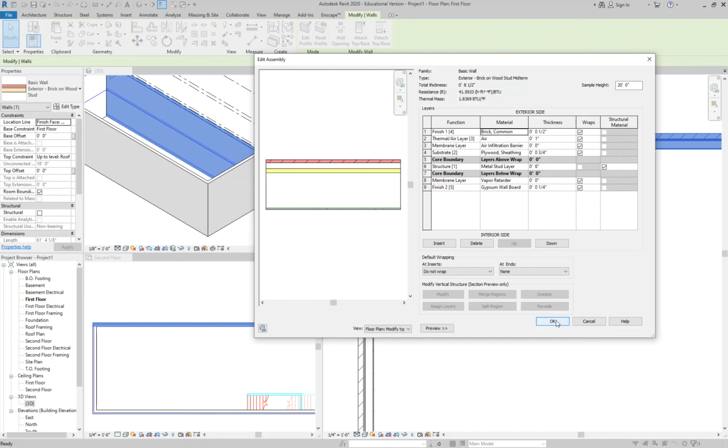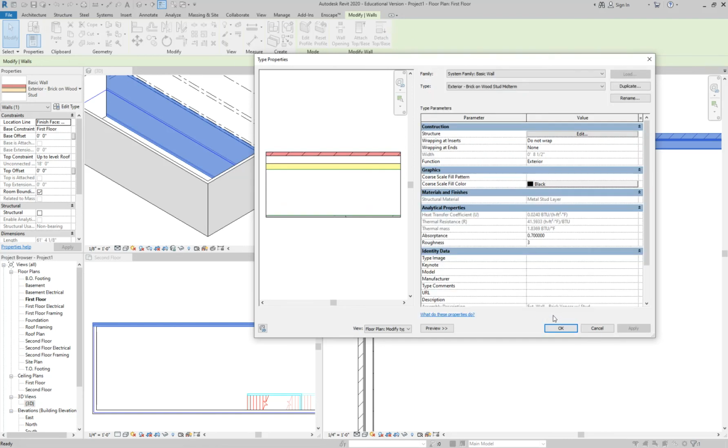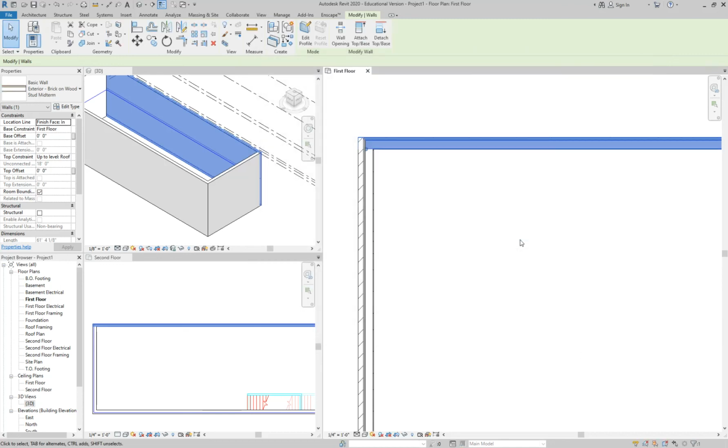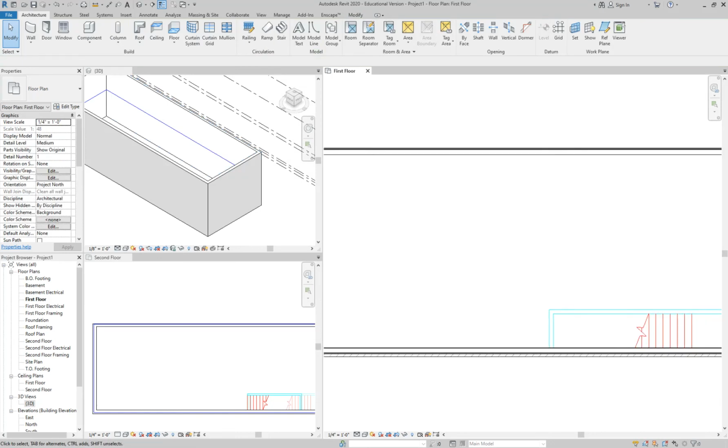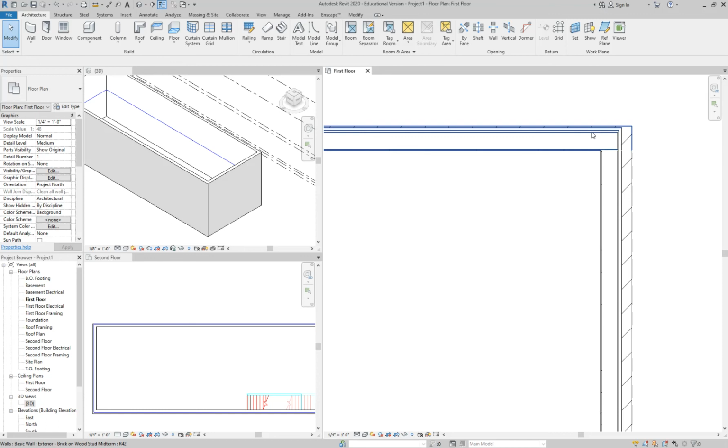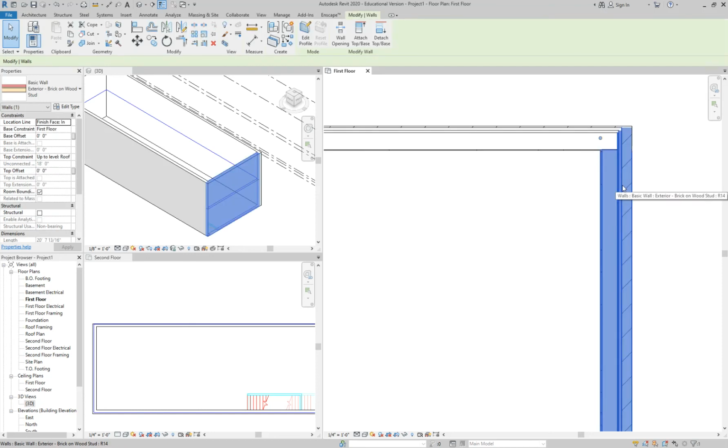Once we have this done, let's click OK. Now the width of our wall is 8.5. I don't know if it got thicker or thinner. Did it get thicker? Okay. So it's still going to be thicker than the 7 inches that we had. And it just changed that one wall that we selected, because the others are still the brick on wood stud,